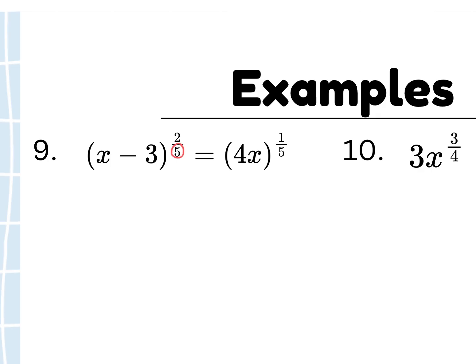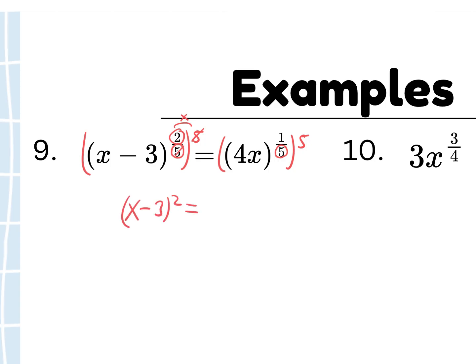they both have an exponent that has a 5 on the bottom. So I'm going to raise both sides to whatever my common denominator is, and in this case, it's 5. 5 is my common denominator. Now, if I raise both sides to the 5th power, hopefully we see that this 5 and this 5 are going to cancel out, because of power to power, you're going to multiply those powers. If I do 2/5 times 5, the 5s cancel out and you're just left with the 2 on top. So the left side of the equation is going to become an x minus 3